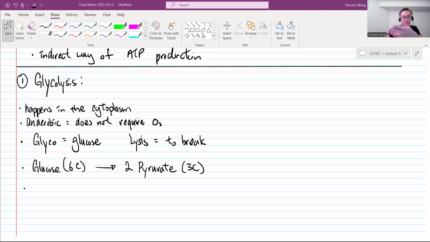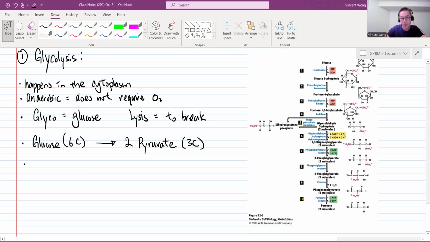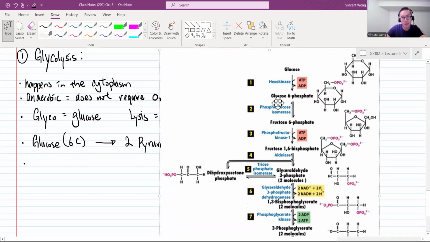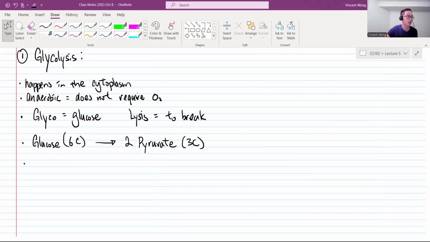Of course, all these things are in the PowerPoint slides, right? You're encouraged to go through them yourself. I just think it sticks better if I write it all for you. So this is the actual glycolysis with 10 steps. The names are really complicated. You have glucose becoming glucose 6-phosphate, and there's an enzyme that catalyzes it. So of course we're not going to go into the details of all of those things, but the important thing to know here is that